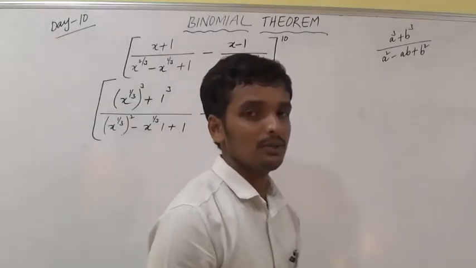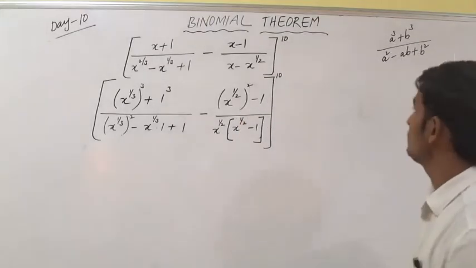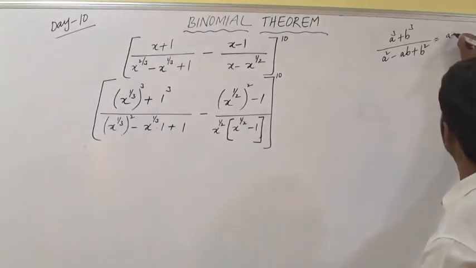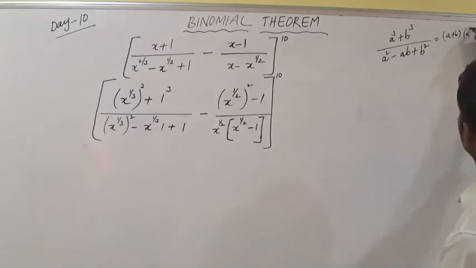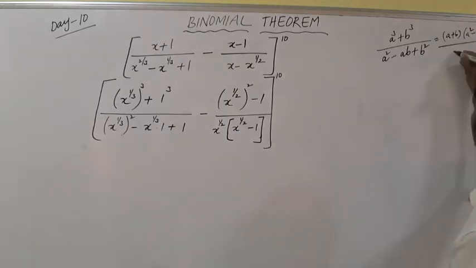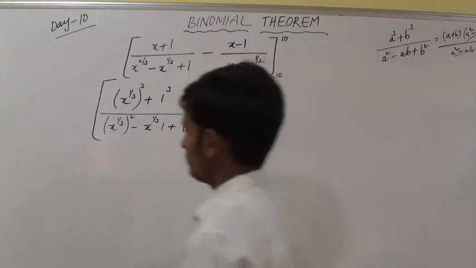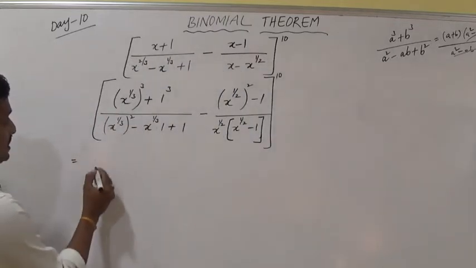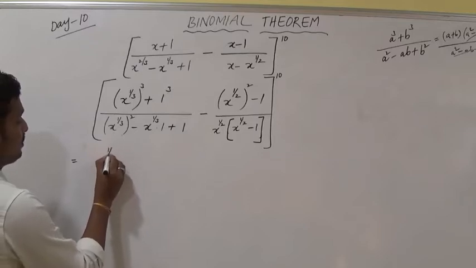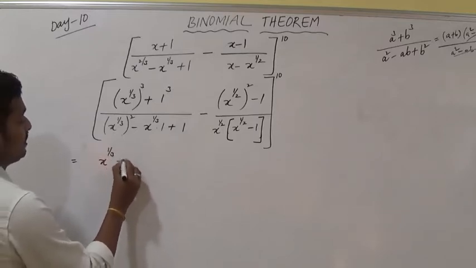A cube plus b cube is equal to a plus b into a square minus ab plus b square, by the denominator also a square minus ab plus b square. These two are cancelled. What are we getting? A plus b. So that is equal to x to the power of 1 by 3 plus 1